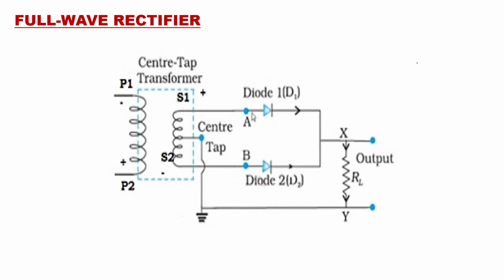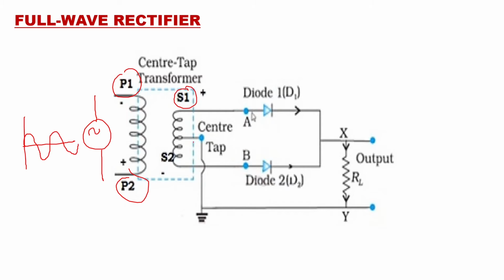So here the same circuit we can see in another type. Here you can see this is the center tap transformer, which is an important point of this rectifier. Here you can see the primary of the center tap transformer, where you are going to apply the alternating quantity, which will have a positive half cycle, negative half cycle, positive half cycle, negative half cycle. Here you will have your S1 point and S2 point, and this is the center tap point. So when it is positive half cycle, this point will be positive.